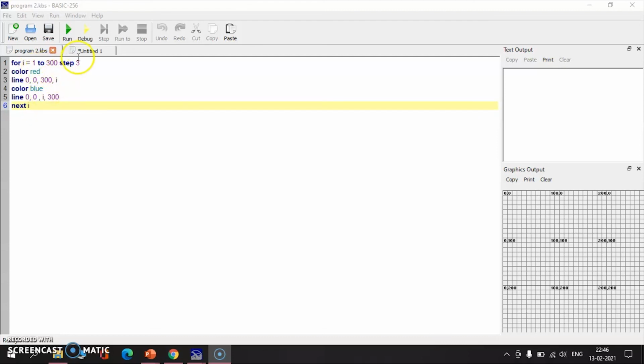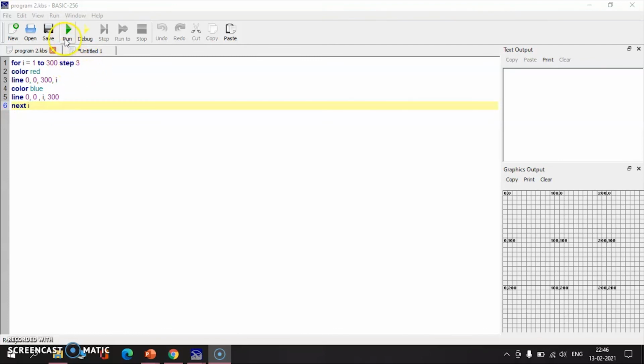It will increment by the value 3, so 1, 3, and then 6, 9, so it increments by 3. And then the y coordinate value is taken as 300, that is the last value of I, our expression 2 value, and then it continues, the next value of I gets incremented by the value 3.